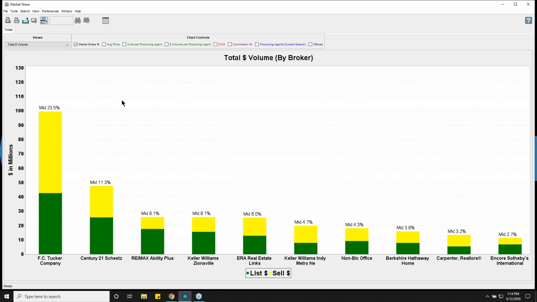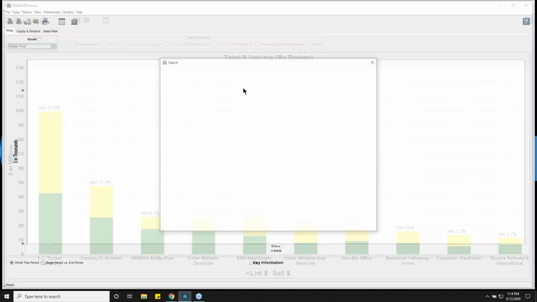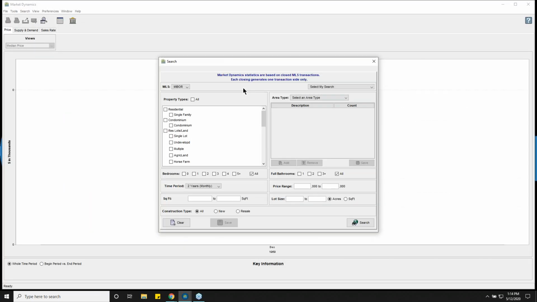I want you to be able to easily market your office and essentially yourself as well. So let's head over to the Market Dynamics tool next. The Market Dynamics tool helps answer that age-old real estate question, the question that you get probably everywhere you go when you tell someone you're a real estate agent, and that is, what's the market doing, or how's the market